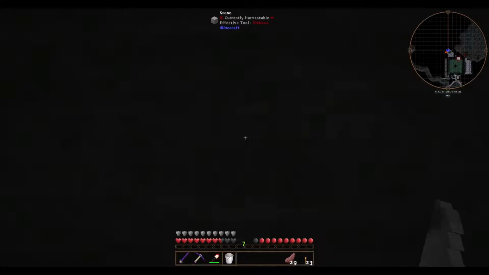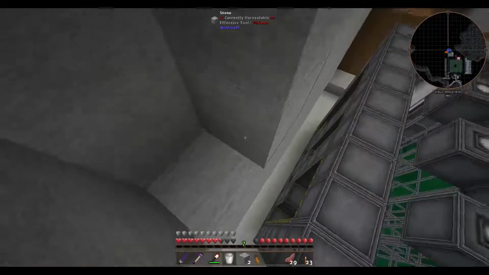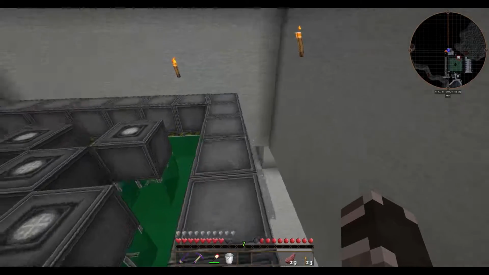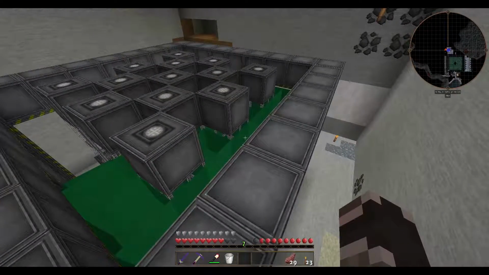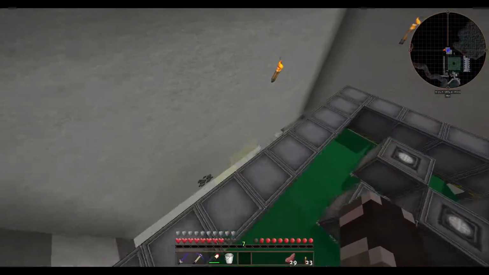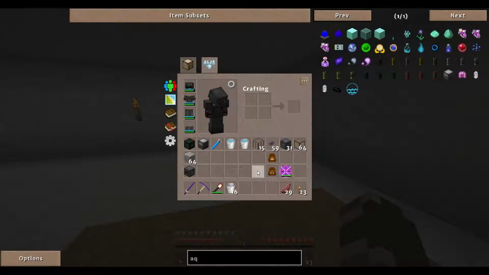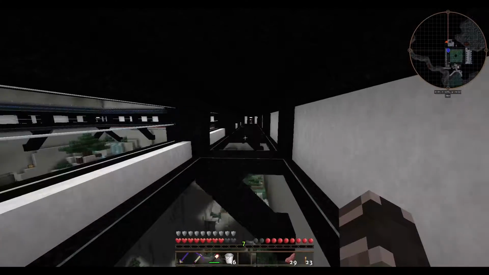Oh, crap. I wondered if that would happen at some point. So, Resonant Ender, if you jump in it, it teleports you to a random place, which, considering it comes from Ender Pearls, you know, it makes sense. But yeah, anyway, so I guess that's why Ender